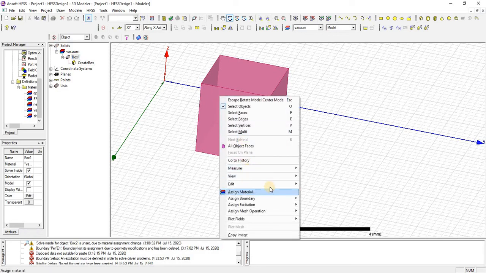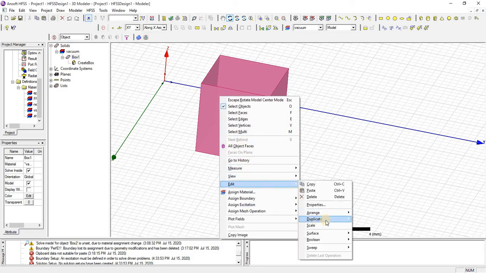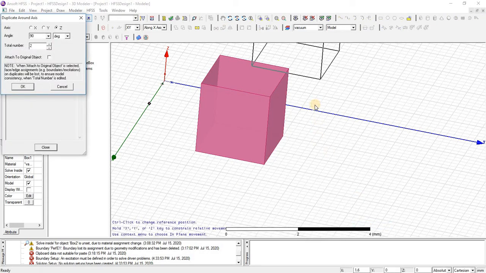Next is duplicate around axis. Duplicate around axis is similar to rotate around an axis, but the difference is that a copy of the object will be duplicated. A copy of the object will be rotated.